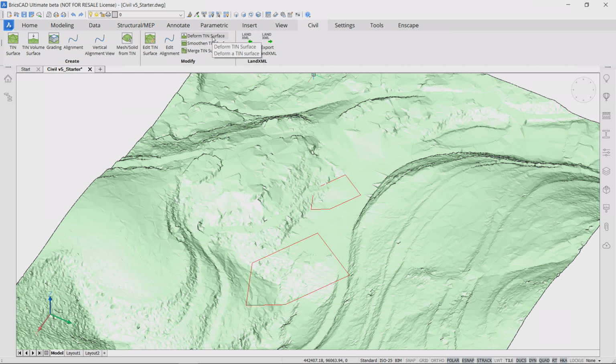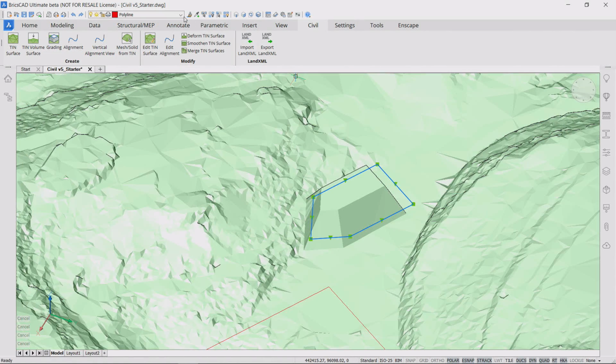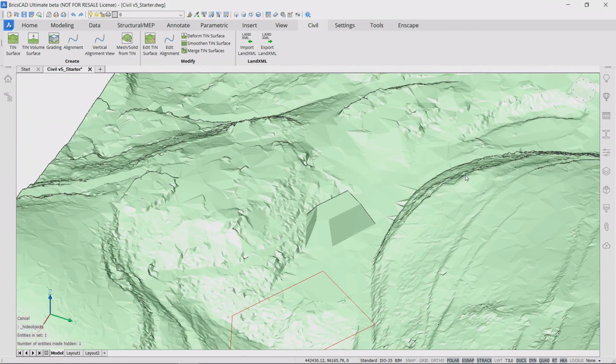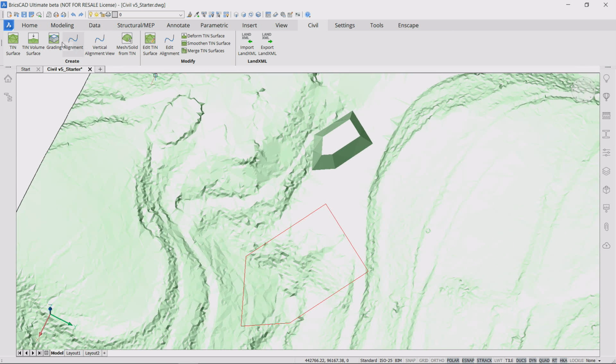For the building pad, we can create a building pad in two ways. First, use the deform surface command. We select the polyline, define the inner boundary or offset, and with just this push-pull effect, we can elevate the bottom of the building pad to some defined elevation. This is very handy if the outer and inner boundary of the building pad is defined